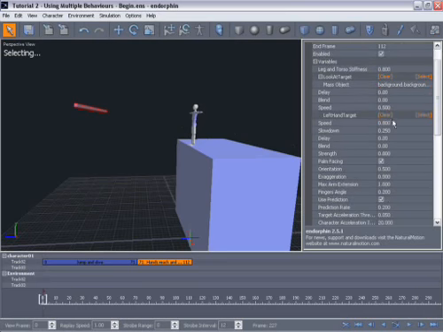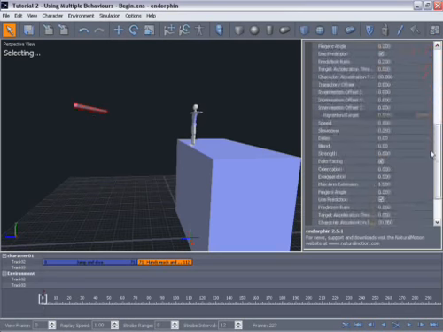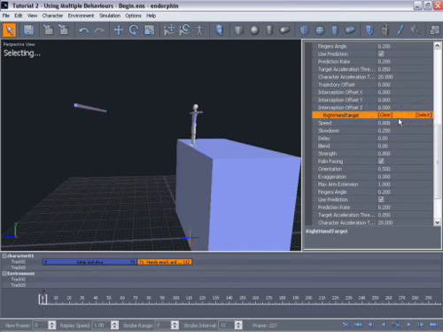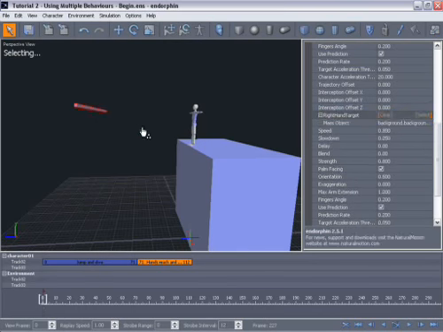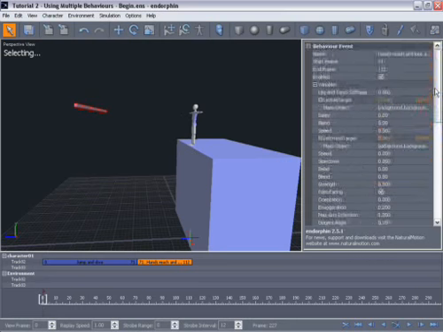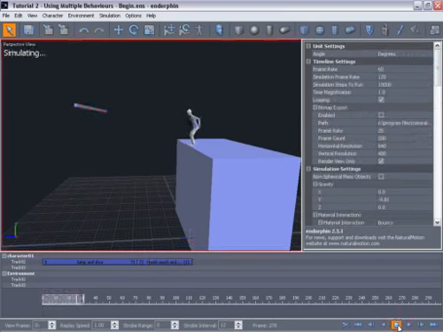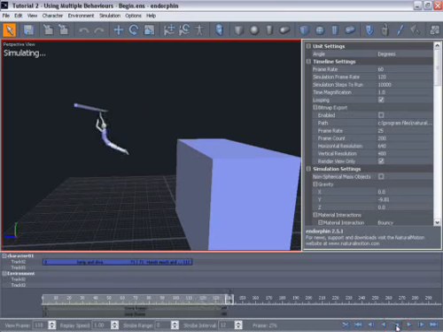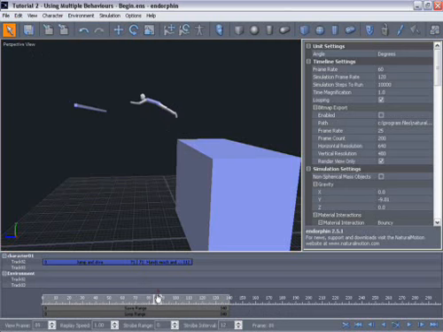There's a similar property for the left hand target. Again, click select, and in the viewport select the bar, so this left hand will reach for that bar. And scrolling down we have another property for right hand target, and again click select and select the bar in the viewport. And now if we simulate, you can see that the character during the simulation looks up and reaches for that bar. If I play that,